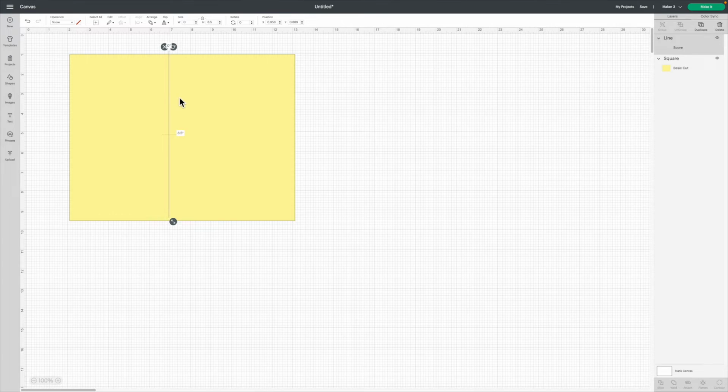You could try to use a ruler marking up here, but luckily there's a tool that can do this for you automatically. Let's select both the line and the rectangle by dragging the selection box over both, or we could come over here and select line and square by holding down the shift key to select both of them.